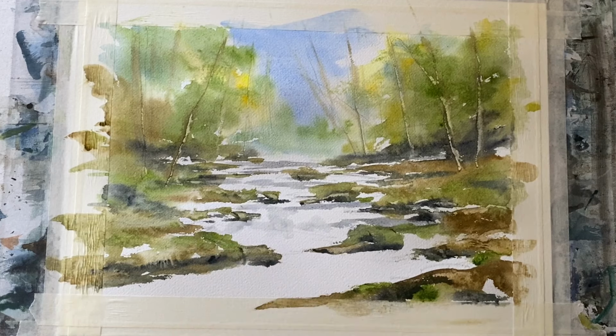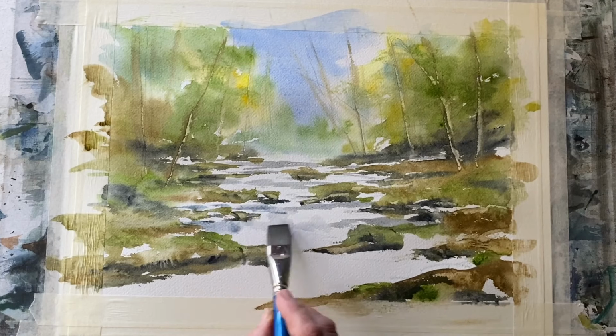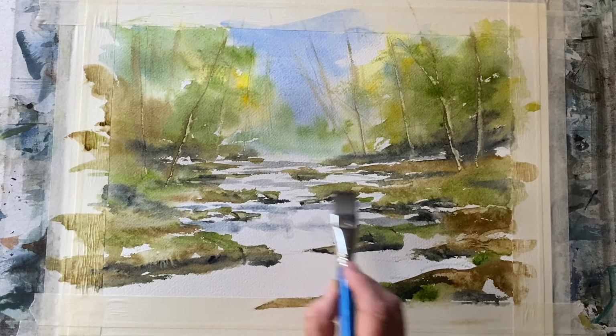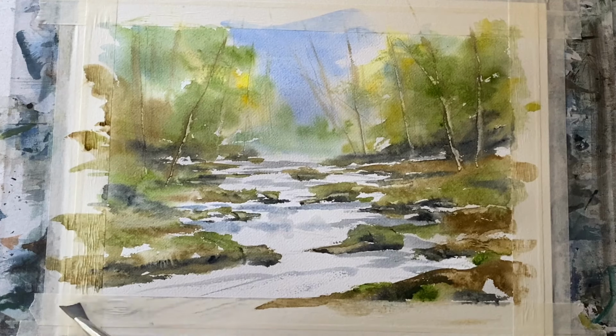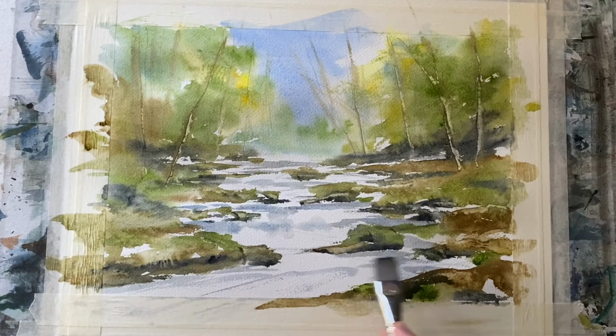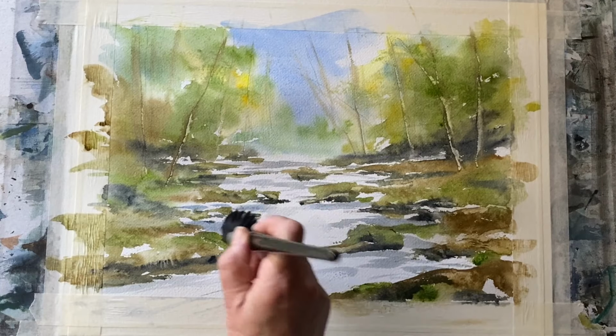I can darken up my grey slightly, intensify the colour by adding a dash more cobalt blue and a dash more burnt sienna, and just bring that darker grey into the middle ground. And this will help to give me some aerial perspective with the paler grey in the distance. And as I come forward, I'm trying to be mindful not to fill in all of the unpainted paper, using some dry brush effects here and there by sort of skimming the brush over the paper, softening back if there's anything that looks a little bit too harsh,